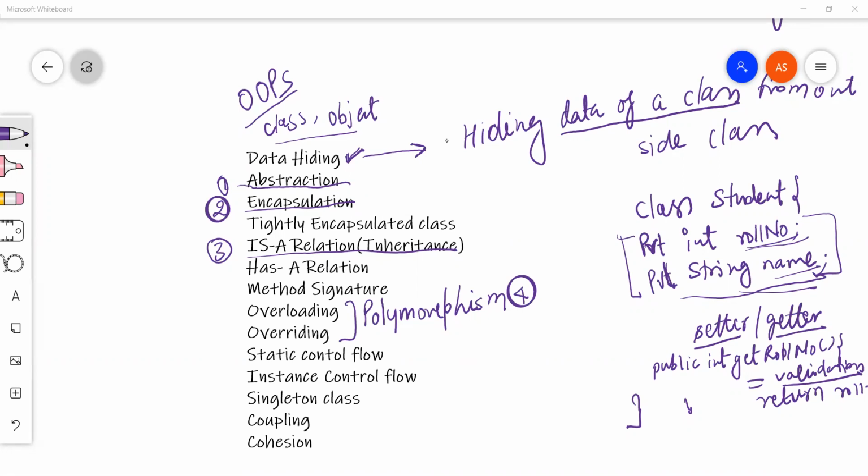Any idea about capsule? I think encapsulation also does the same thing. It will hide the data. Okay.